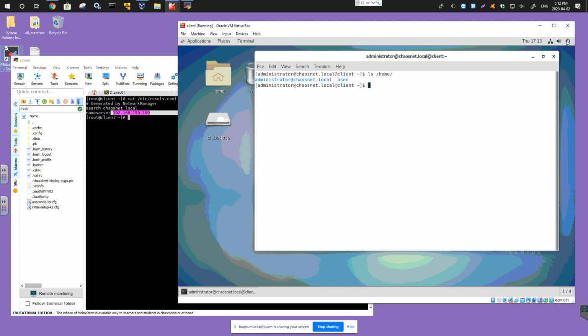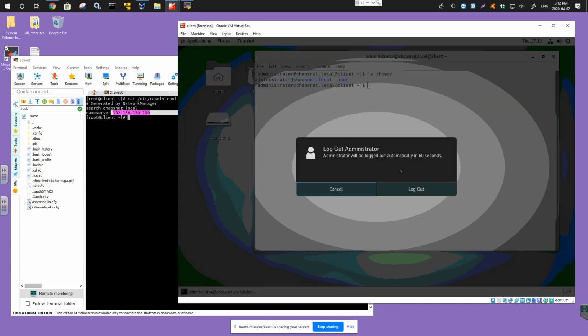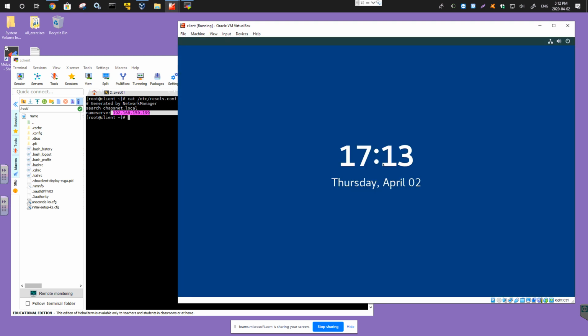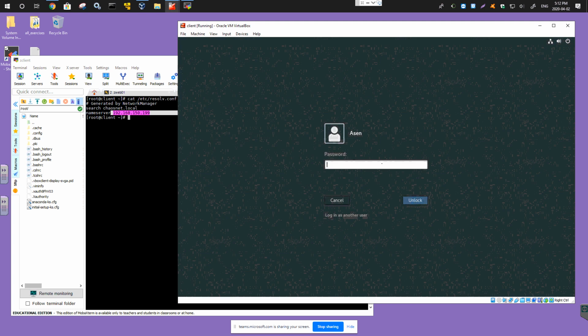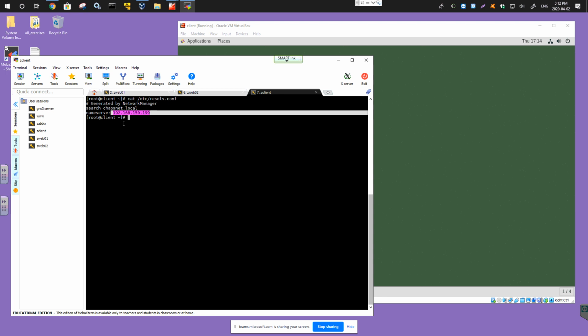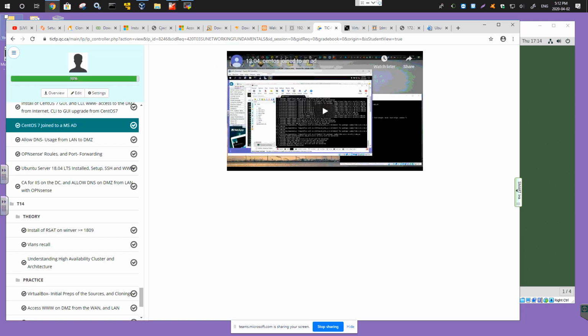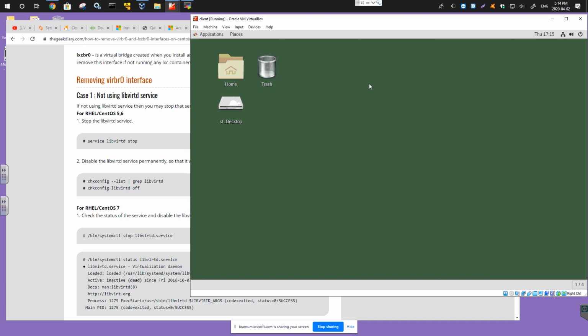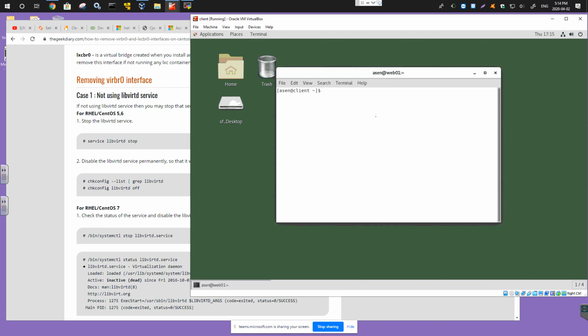I will log out of this user. I will say log out, and I'm going to log back in with my original user. And what I would do here, actually, I could do it also from the remote session. So I would just open the terminal, and as a superuser,